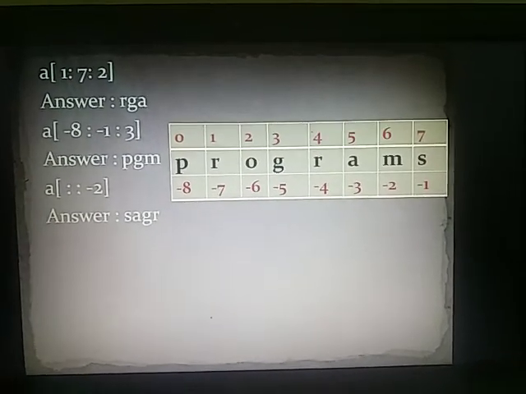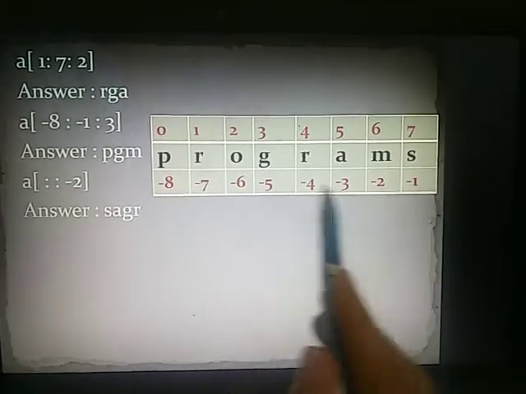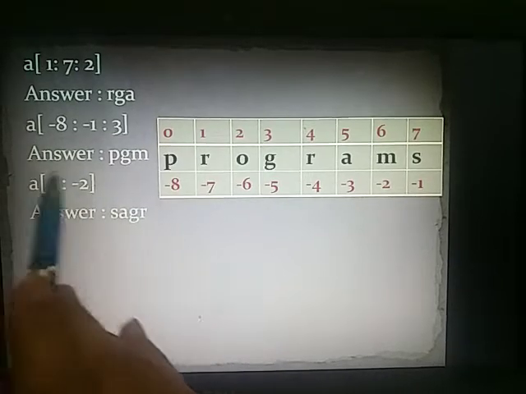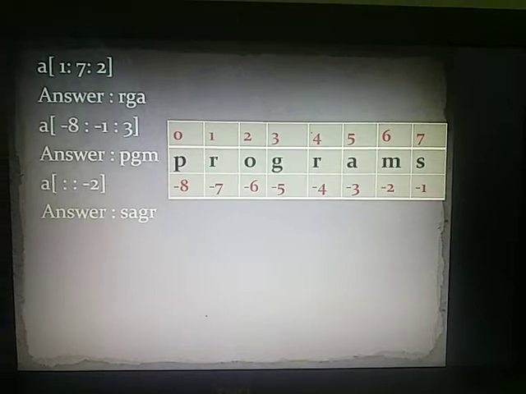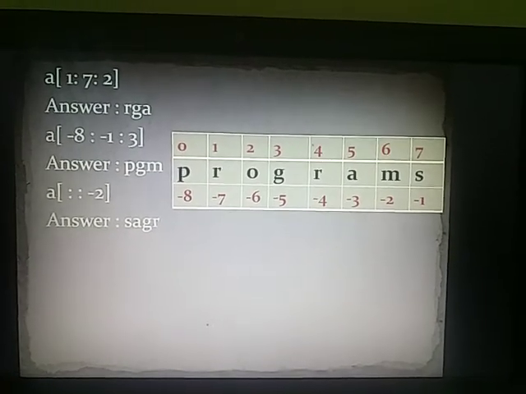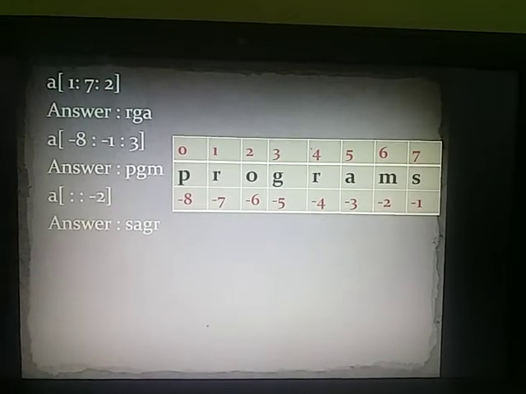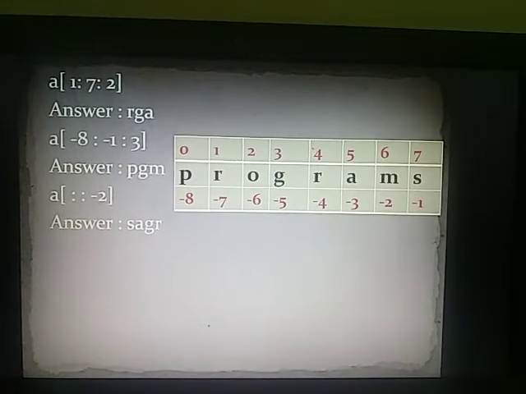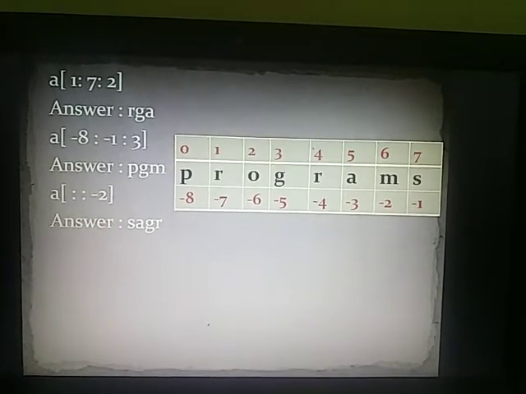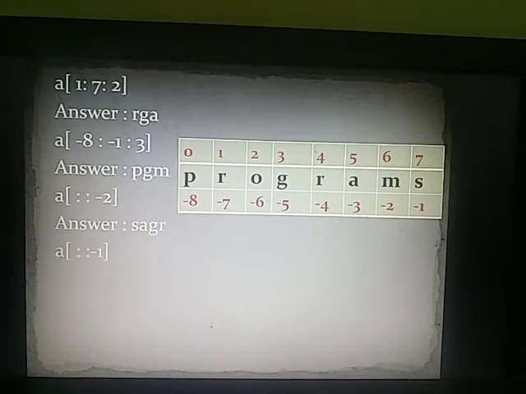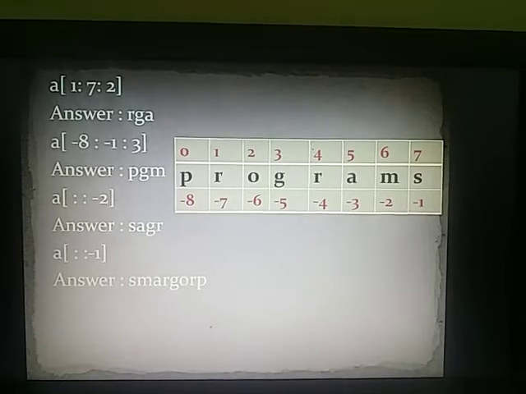The important point is this: when the step value is negative, you have to move from right to left, and when it is positive, we have to move from left to right. On the basis of the step value, negative or positive, the compiler decides what the default value will be if the starting and the ending index number is missing. Now after this is the same type of example. Now you can solve it yourself. What do you have to do?